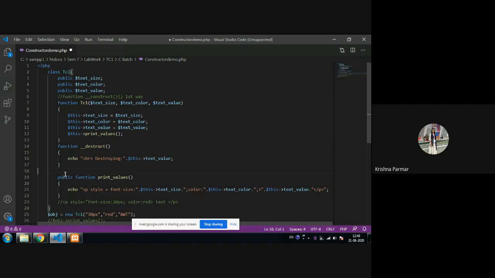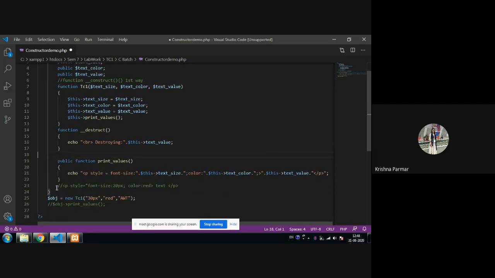Okay, fine. Are you getting my point, everybody? Why the destructor is useful and how we can create it using the destruct function. Keep in mind, here you just write double underscore. If you are writing in your notebook, after every function at least put some space so that you don't have to modify everything.